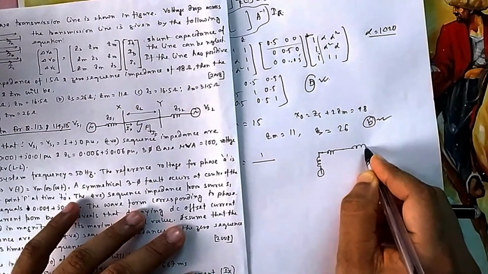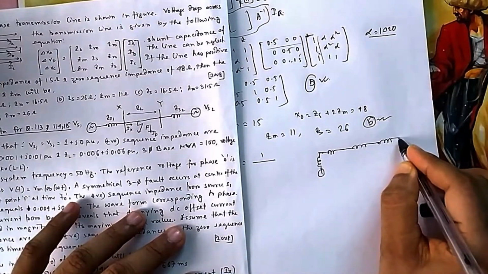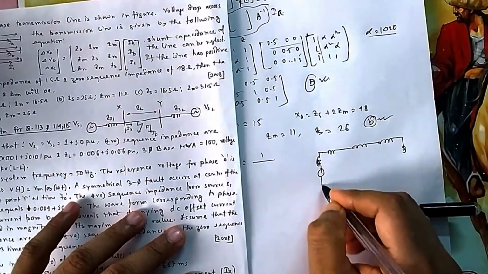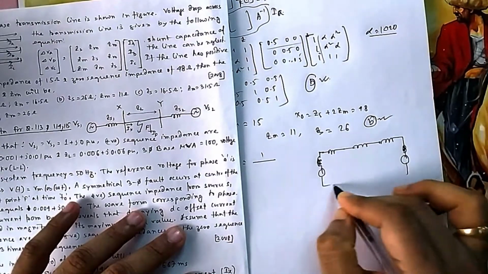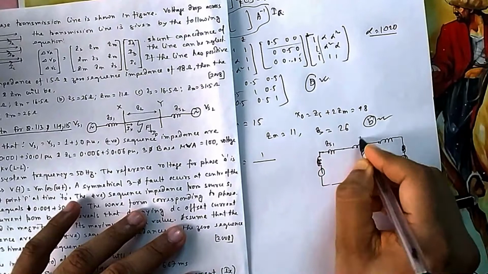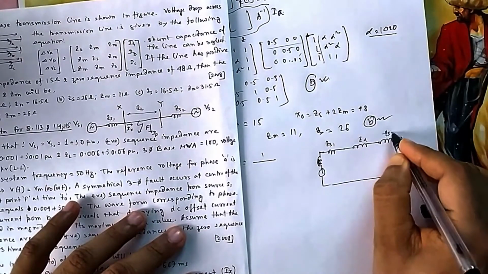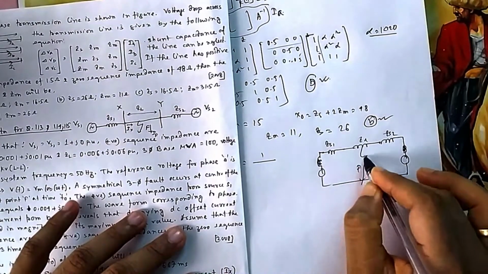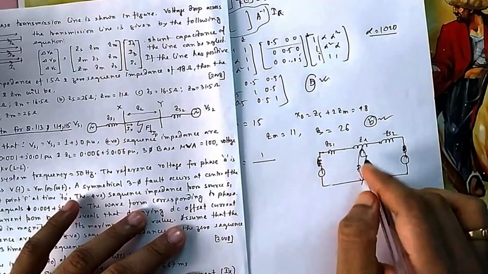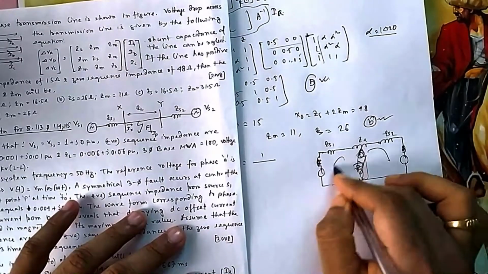And then this is the transmission line, and then this is again ZS. ZS is itself the generator, so there is no need of giving another generator. So this is your ZS1, ZL, and then ZS2. So the fault has occurred here. If you look from this side, what will be your Thevenin's impedance? This side and this side are in parallel.